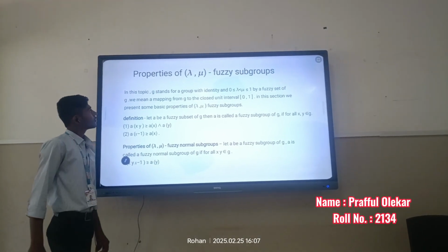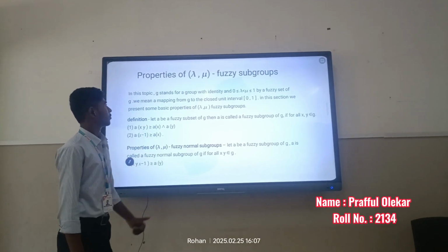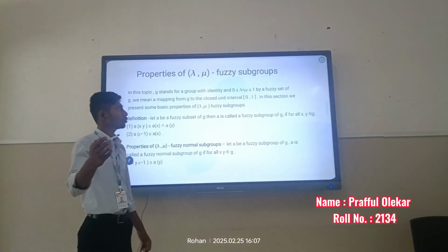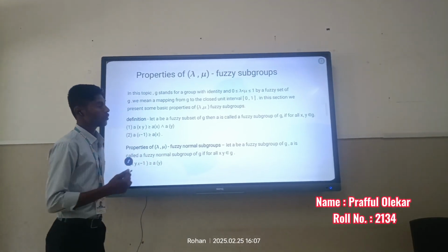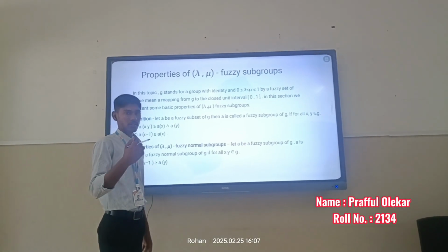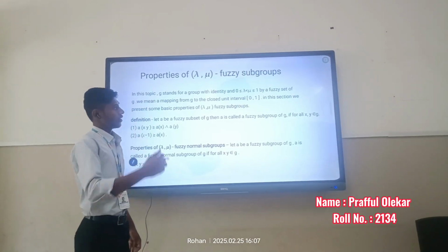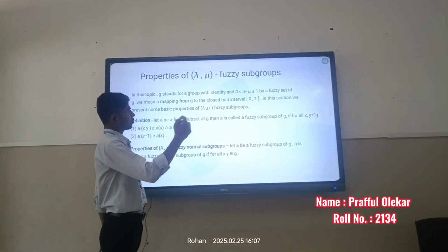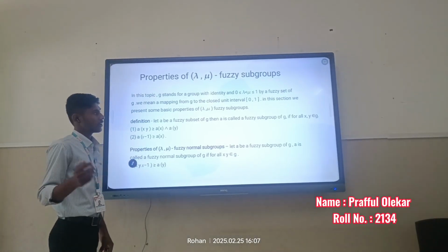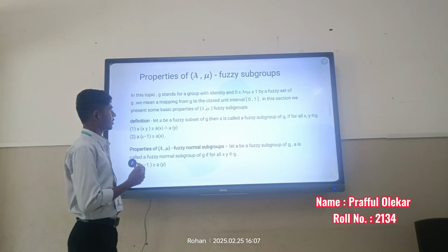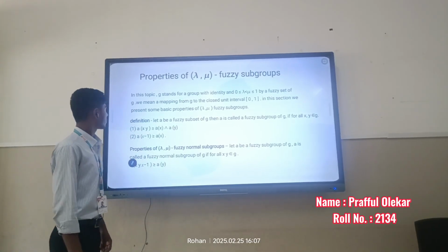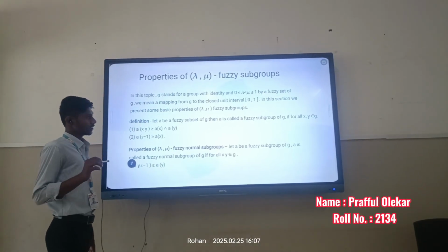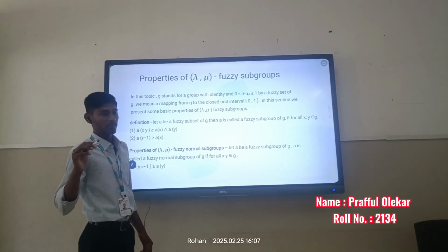What are the properties of fuzzy subgroups? In this topic, G stands for a group with identity, and lambda and mu are such that 0 is less than or equal to lambda and mu is less than or equal to 1. By a fuzzy set of G, we mean a mapping of G to the closed interval 0 to 1. In this section, we present some basic properties of fuzzy subgroups. First, a definition. Let A be a fuzzy subset of G, then A is called a fuzzy subgroup of G